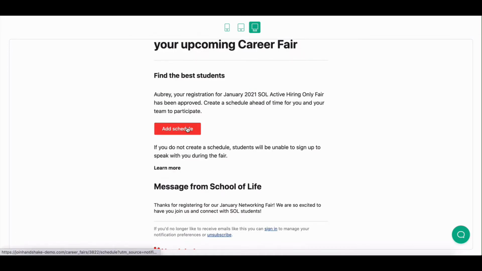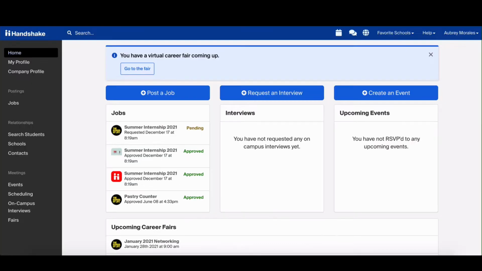Clicking the red Add Schedule button in the email will take the schedule owner directly to the schedule creation page within Handshake. If there's a message from the school, that will be displayed at the bottom of the email, Message from School Name. Please note, this email is sent as a convenience automatically, but it is not required in order